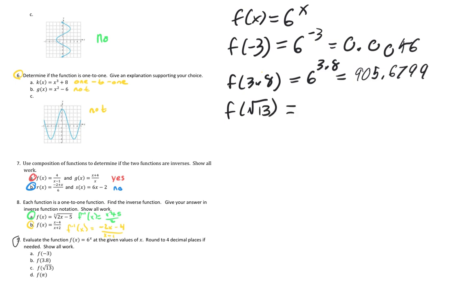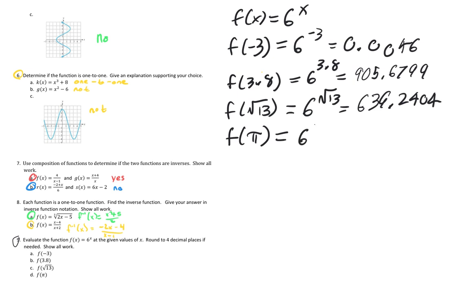We're going to have 6 to the power of square root 13. It's going to give us 639.2404. And then f of pi now. So now we're going to do 6 to the power of pi, which is going to leave us with